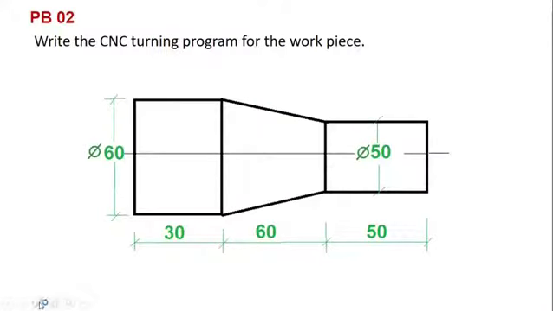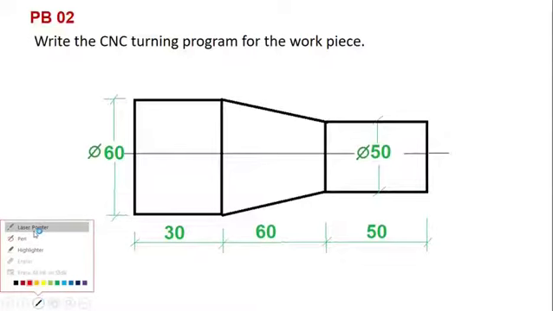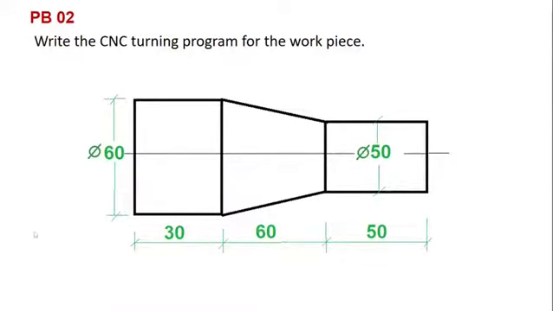So today we will be studying two problems. One is on taper turning, another is on curve. So we have this problem. You can see it has a diameter of 60 millimeter at one side, and the diameter on the other side is 50 millimeter, and then over a length of 60 millimeter we have to do a taper turn. Also you can see this 60 millimeter will be the raw material completely like this, and we have to do some linear material removal also.